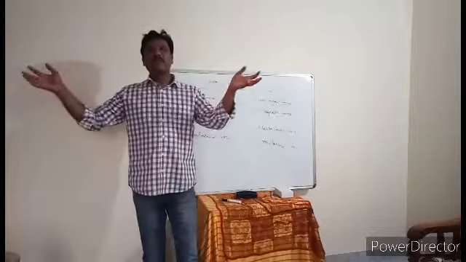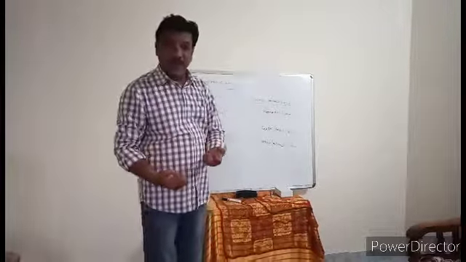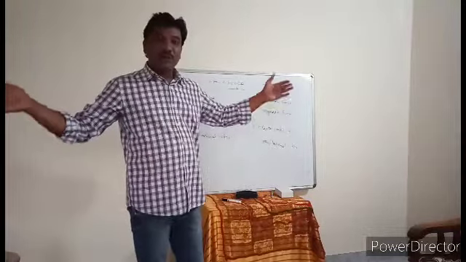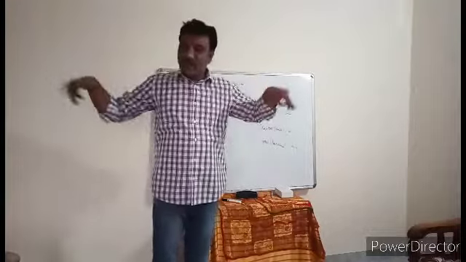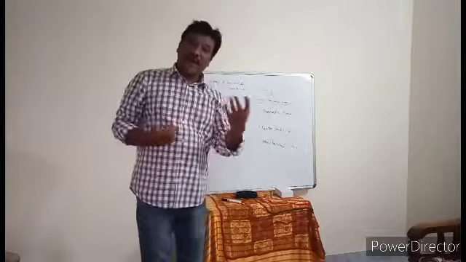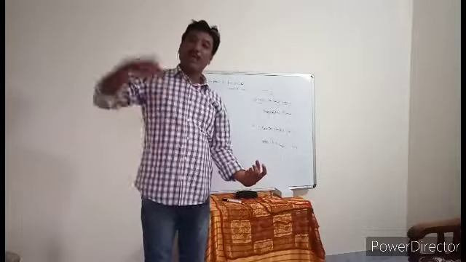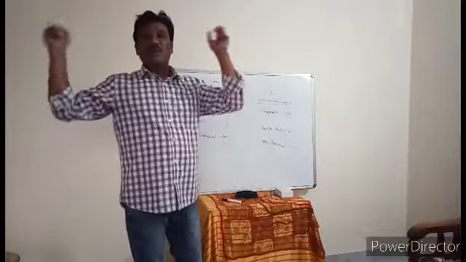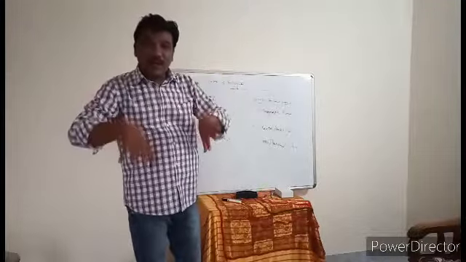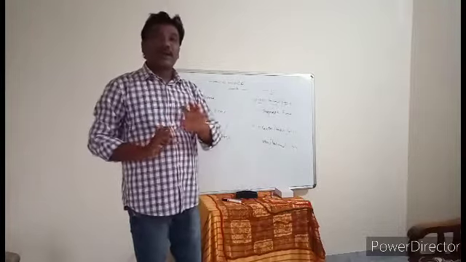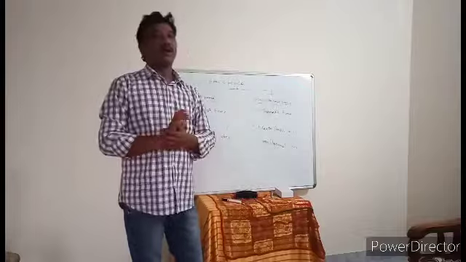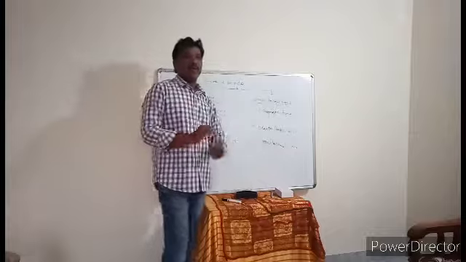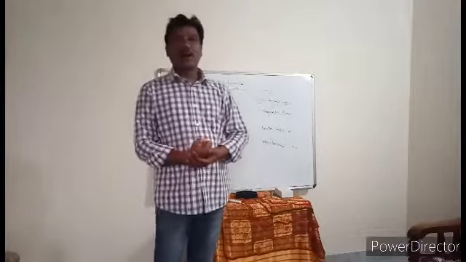Because all these objects are under the influence of the gravitational force of the earth. The mass of the earth is more than all these objects. Due to that, the gravity of the earth is more compared with all these objects. So that is the reason the gravitational force of all these objects on the earth is cancelled by the gravitational force of the earth. Commonly, we can simply define gravitational force as the force of attraction of the earth.